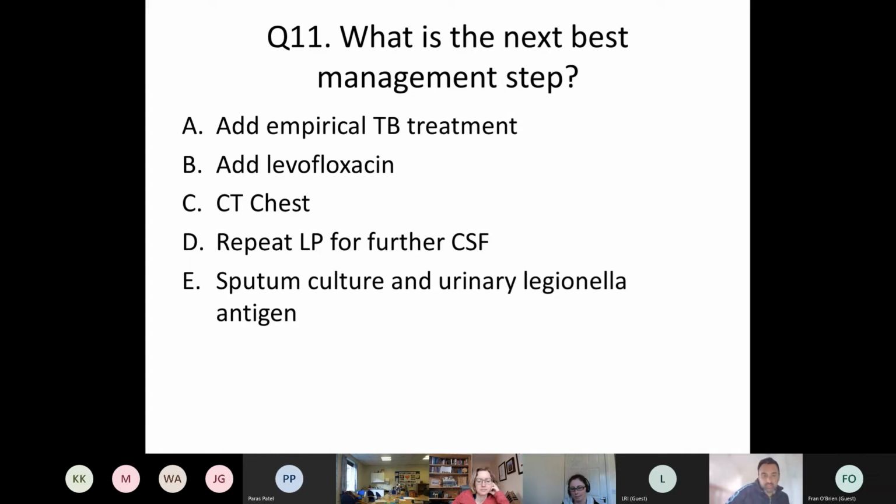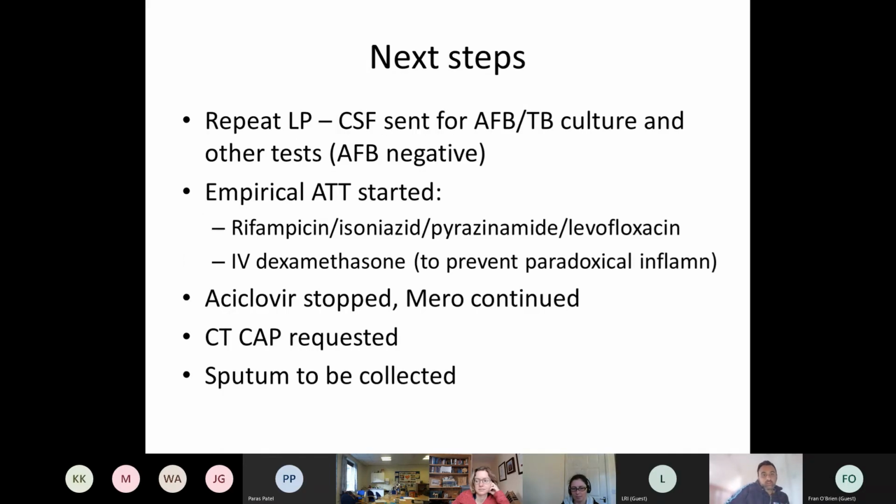This is a patient I saw in AMU. So what did I do? I did ask for a repeat lumbar puncture because I was a bit concerned about TB here, partly because of the subacute history and the CSF picture, which can also be quite mixed looking in TB. And we need a lot more sample as well for looking for TB.